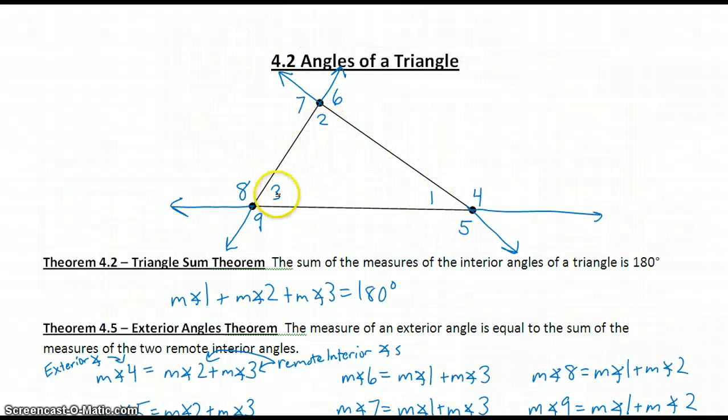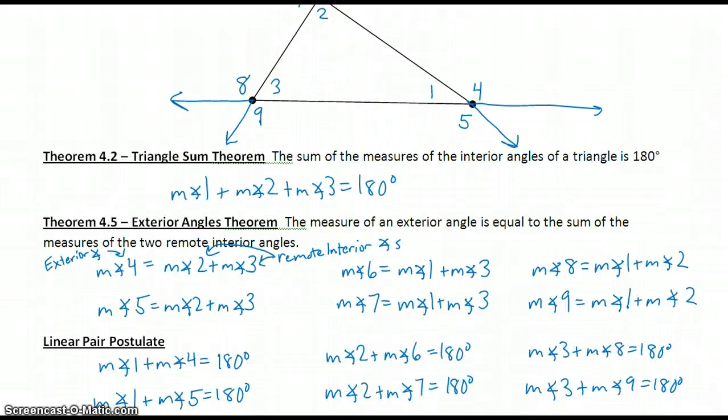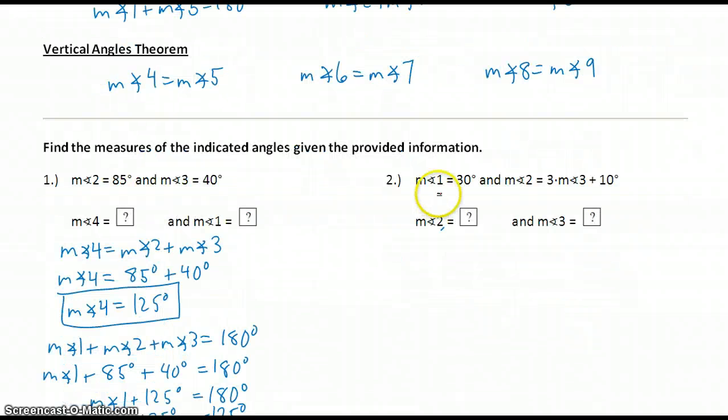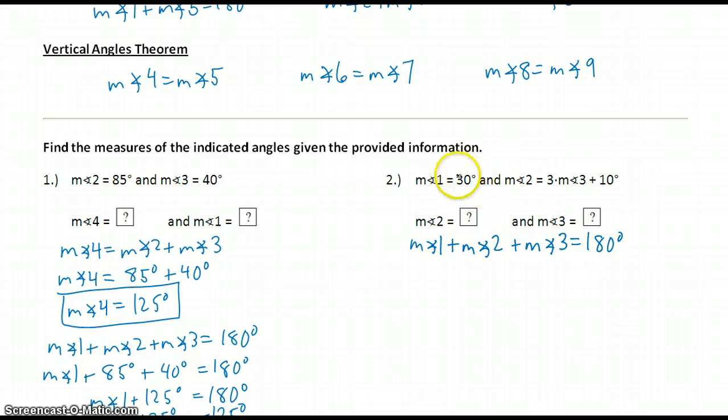Angle 1, 2, and 3 are all interior angles, so their sum is going to be 180 degrees. That's where I want to start. The measure of angle 1 plus the measure of angle 2 plus the measure of angle 3 equals 180 degrees. Now let's substitute in what we know. The measure of angle 1 is 30 degrees, so I'm going to substitute that in right here,